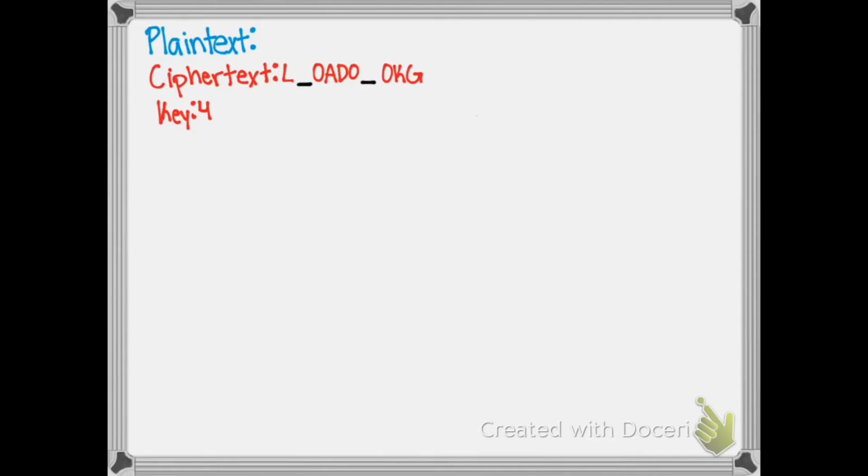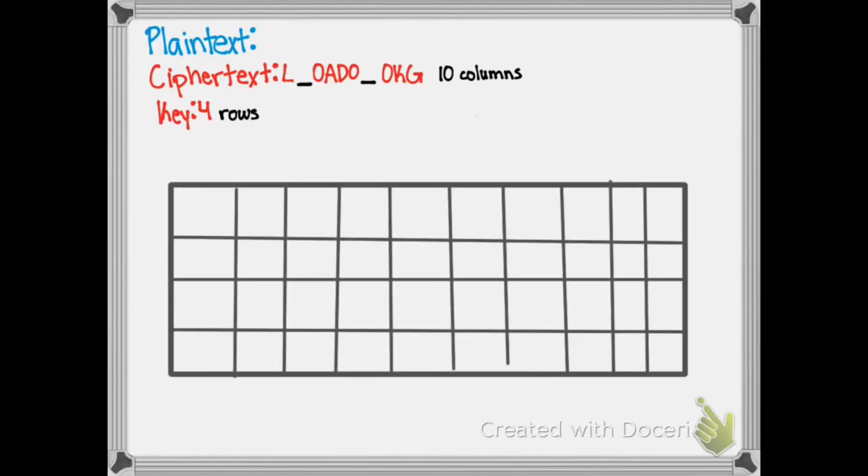So the key tells us that there will be 4 rows in our table. Now we look at our ciphertext. Don't forget to count the spaces. So the ciphertext tells us that there will be 10 columns in our table. Now I will draw the table. Now that we have a table with 4 rows and 10 columns, we have to start putting in our ciphertext